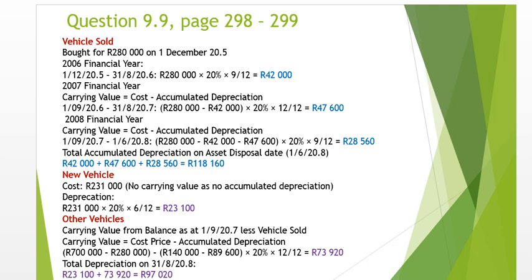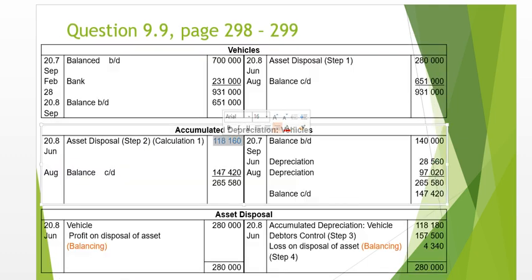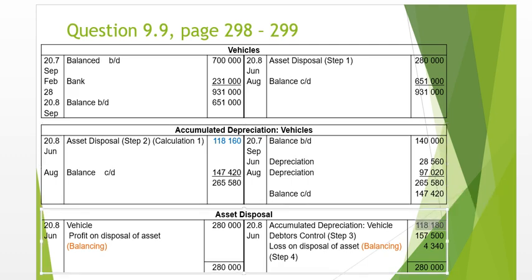Okay. Now we know that we are also disposing of this asset, so we need to now take out all the depreciation of this asset as per the date of sale. So that's going to be the 42,000 Rand from the 2006 financial year, the 47,600 from the 2007 financial year, and the 28,560, that's for the depreciation during the current financial year. We need to take that out, so we're going to debit our accumulated depreciation account on the 1st of June 2008, and we're going to credit our asset disposal account. Okay,